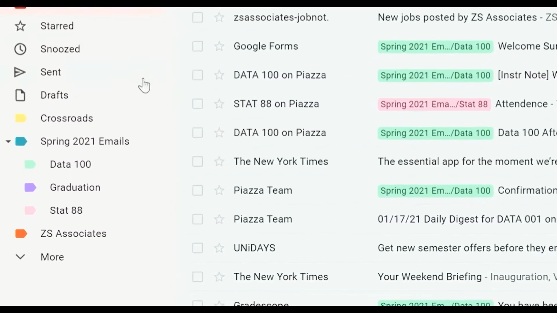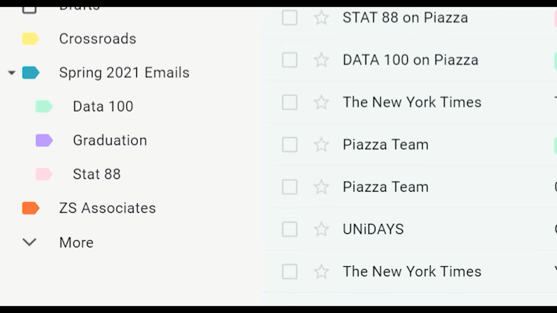And it really made me a lot more organized, because if I was thinking of a specific email, I wouldn't have to search through all my emails. I would just have to go into the class folder and I could find the email that I was thinking of much more easily. I have Spring 2021 set up, and I'm going to show you guys how to create